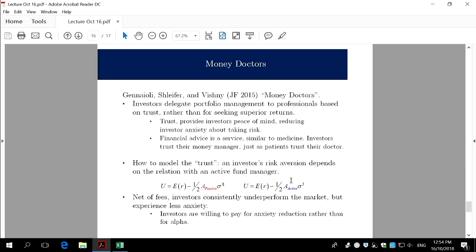So by this way, because the active investors can give you a smaller A, remember this is a negative sign here. Smaller A means a higher utility, right? Smaller A gives you a higher utility. So you get a higher utility, and you will pay fees for having that higher utility. So that's the reason why active investors want to pay fees for those fund managers, even if the performance captured by this return is a little bit worse, but still